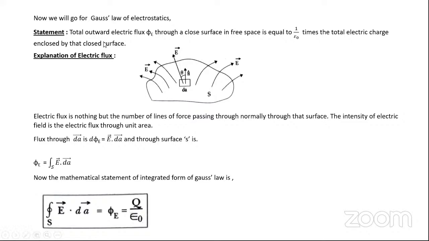To understand the statement of Gauss law, first of all, we must know what is electric flux. So I have shown here the diagram of electric flux. I am having here a surface area S. Below that surface area, I am having some positive charge, and due to that positive charge, there is production of electric flux, and that flux is passing through this surface area. So I have shown by the lines of force the electric flux passing through